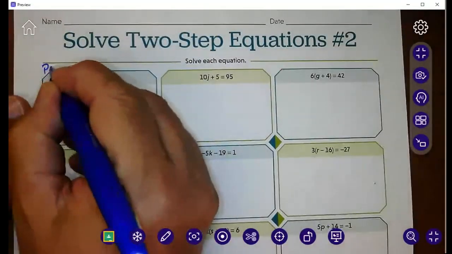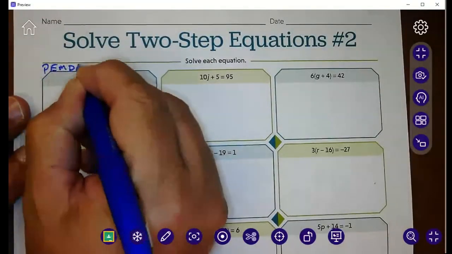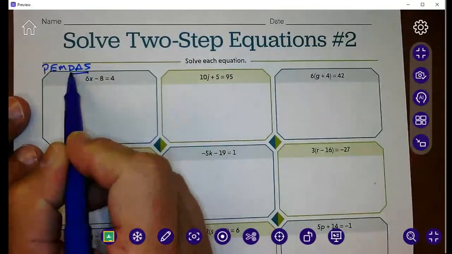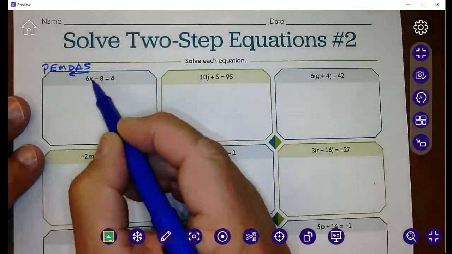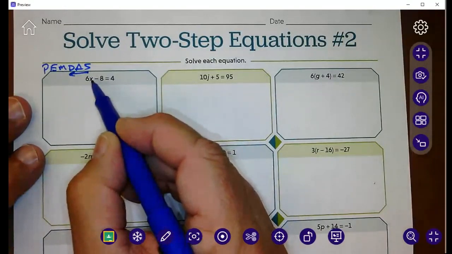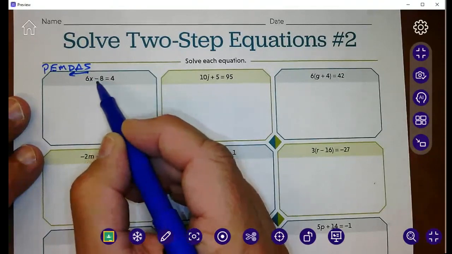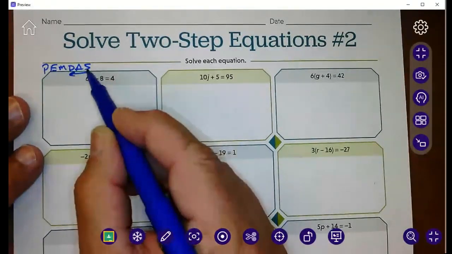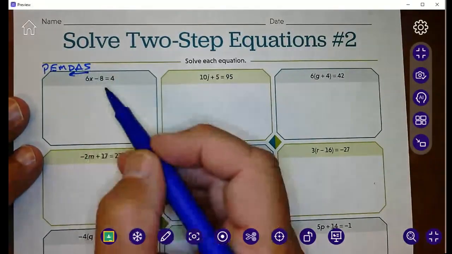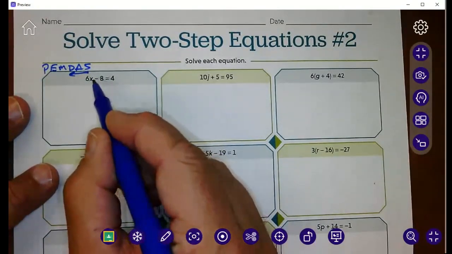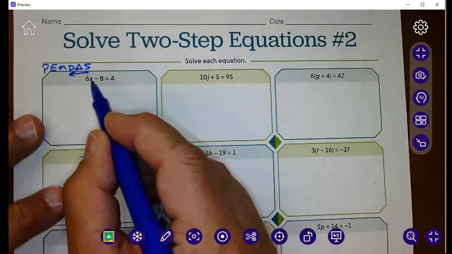So I need to remember, please excuse my dear Aunt Sally, and we work backwards. So we look at our variable x. I am multiplying by 6, and I'm subtracting an 8. We undo addition or subtraction first. So in order to get rid of this minus 8,